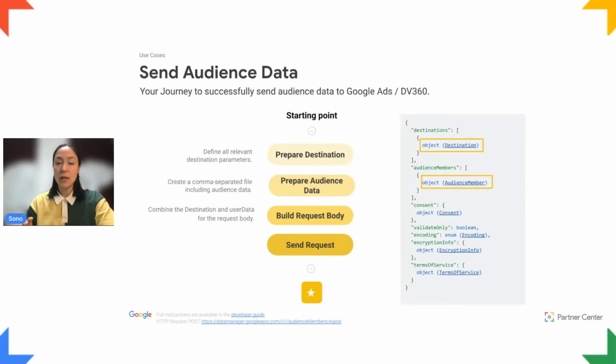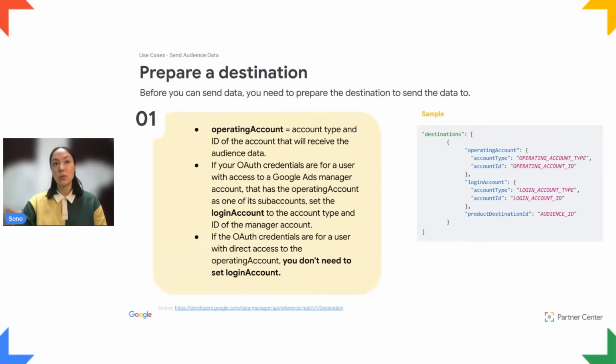But also to mention that for the EEA region especially, we need to have the consent object defined as well, and also all of the other parameters to send the API call. One example would be the terms of service. Before sending the data, you would need to make sure that the terms of service to make usage of customer match list data are accepted in the destination account. But yes, that's the full object, the full call. I will dive deeper into each of the objects within the next slides,